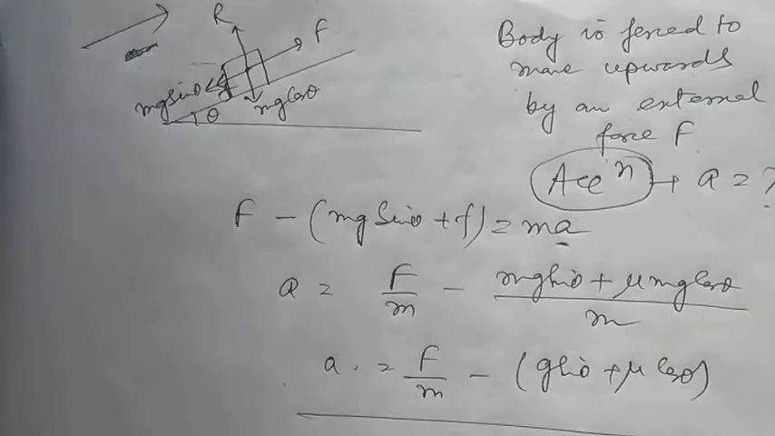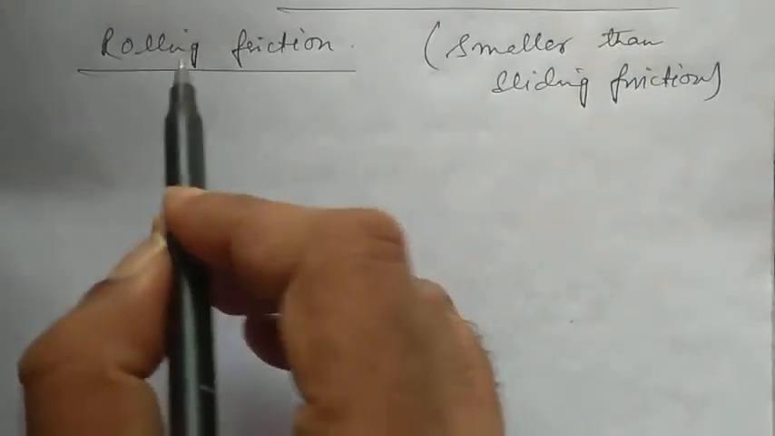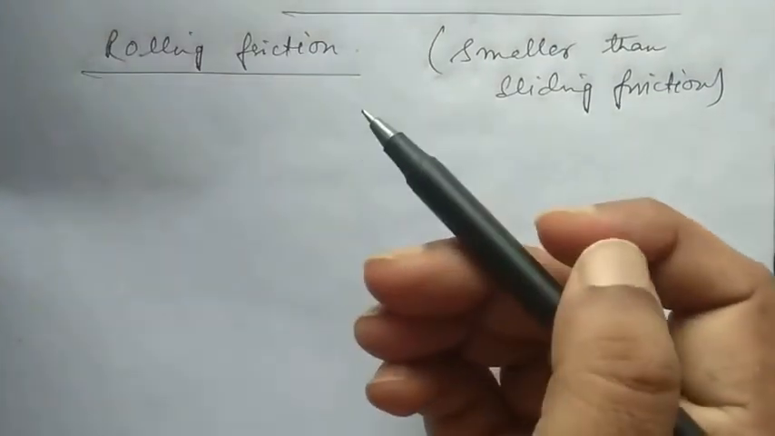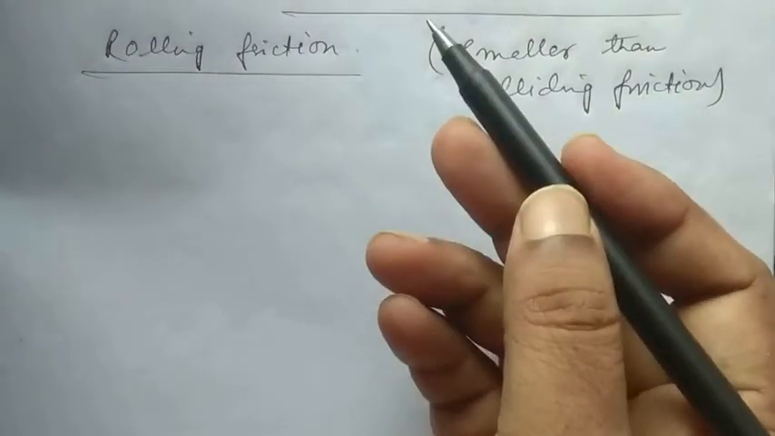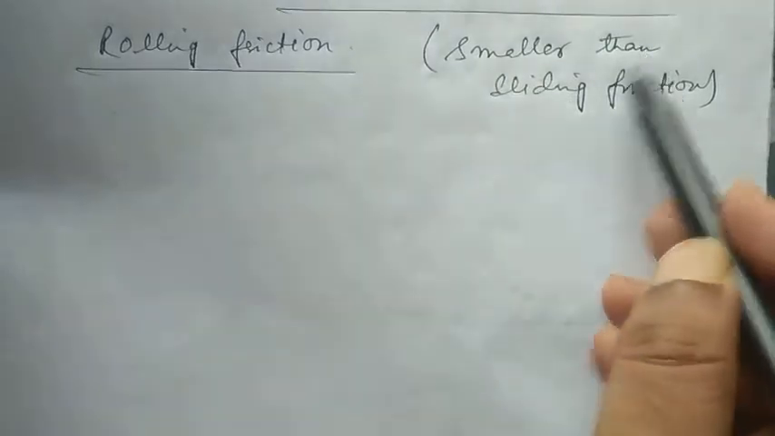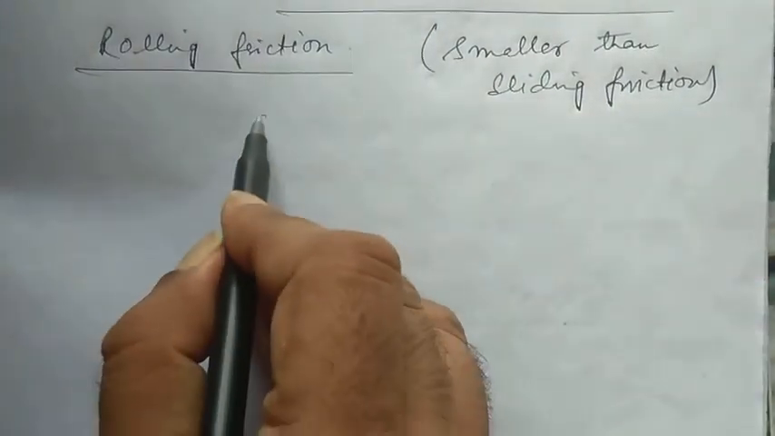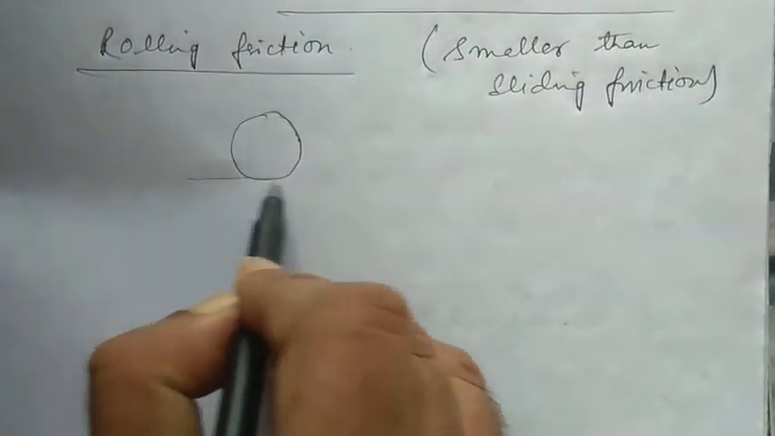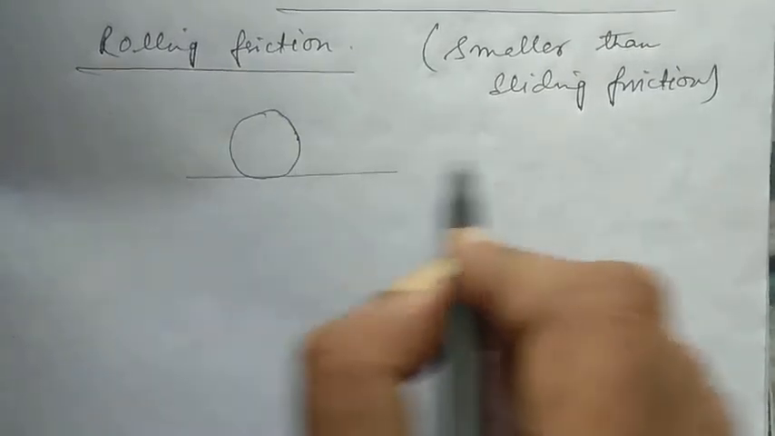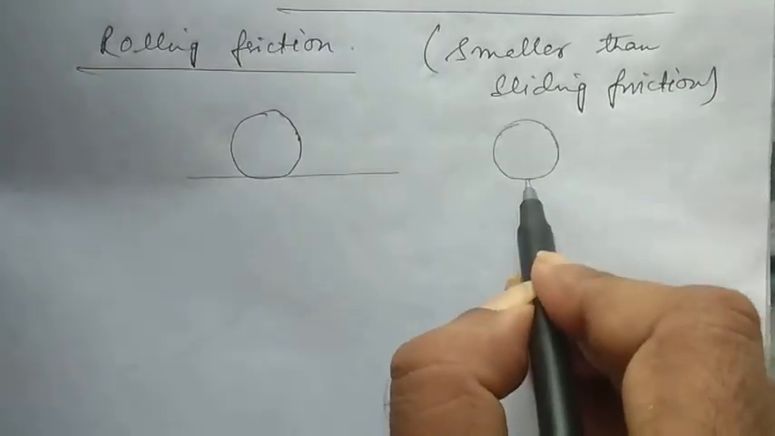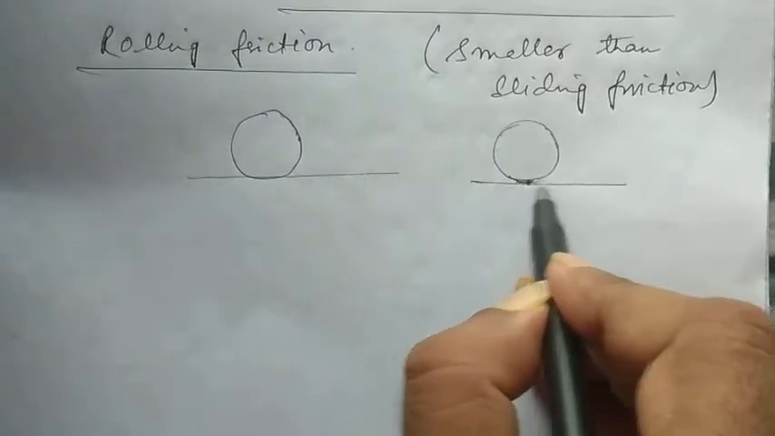Now the last part of this chapter of friction is rolling friction. Now what is rolling friction? As I stated, it is always smaller than the sliding friction. We all know that a wheel rotates on the ground. Now the point of contact of the wheel, just the point of contact of the wheel,